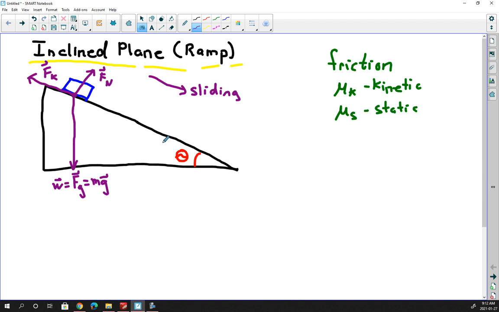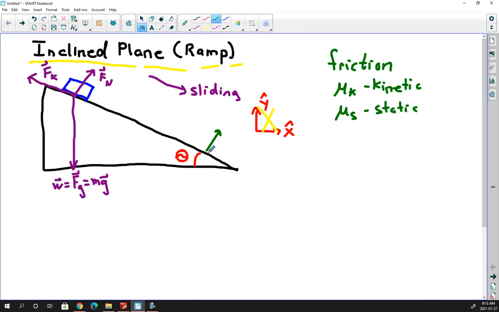So if you take a look here, the object is going to slide down the plane here. So in order to solve this problem, it is a two-dimensional problem. If you think about setting up a reference frame, and the normal reference frame we would set up is like this, none of these directions are very common in the motion of the object. The object's actually sliding down the plane. So in this situation, this orientation just does not work. So what usually happens is